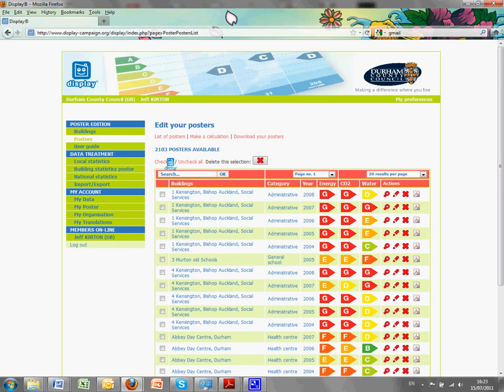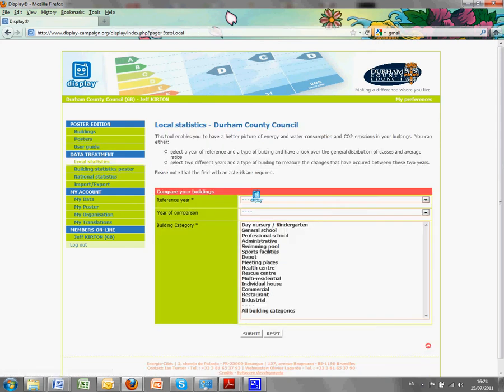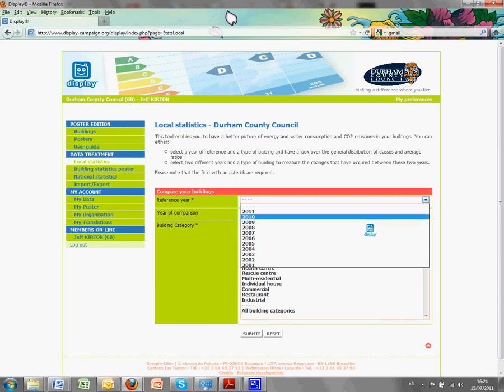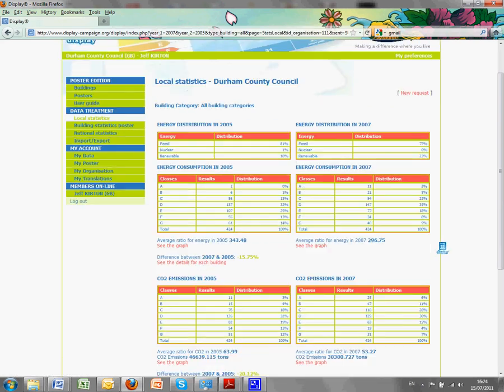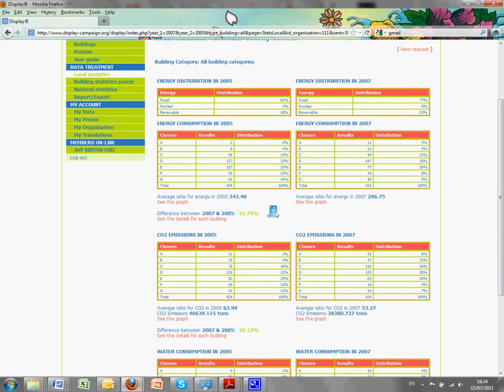performance of your buildings. So the first very interesting option for you is local statistics. Now, if you click on local statistics, you're able to compare different years of consumption. So here we take 2007, we can compare it with 2005 for all building categories. We submit, and we can see for 424 buildings we've got an improvement of around about 16%, and we can see that renewables have gone from 18% to 23%, and we can also see that if we click on the